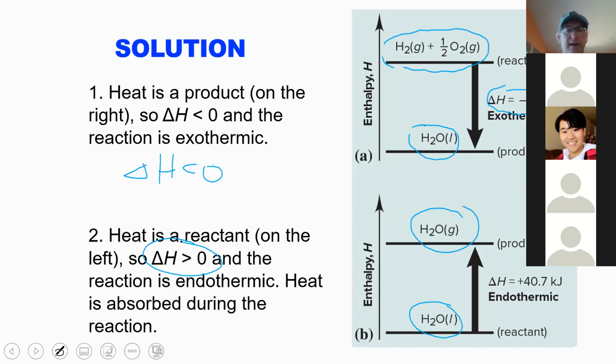Any questions so far on delta H for exothermic and endothermic reactions? I see something flashing on the... It just says, I'm blown away. It's a lot to take in. I'm sorry. But yeah, just